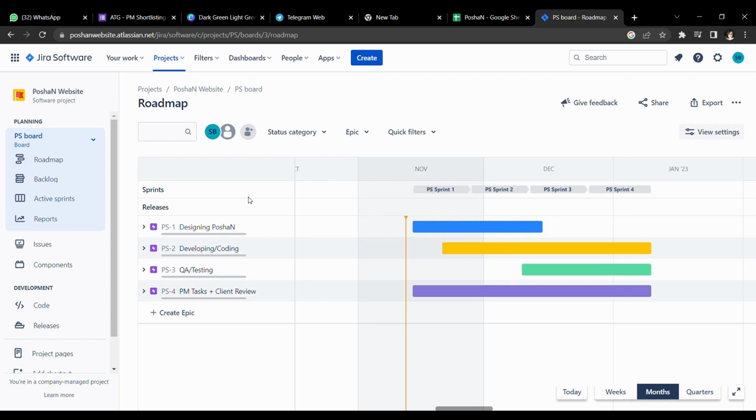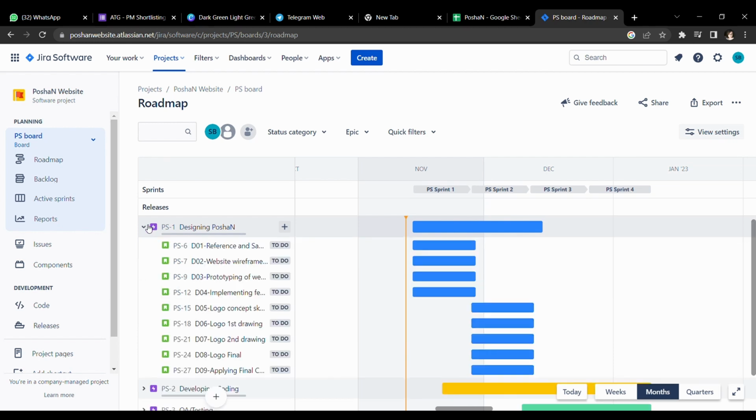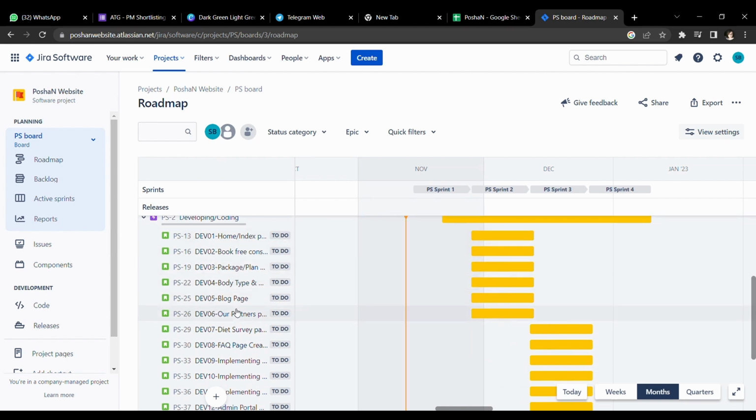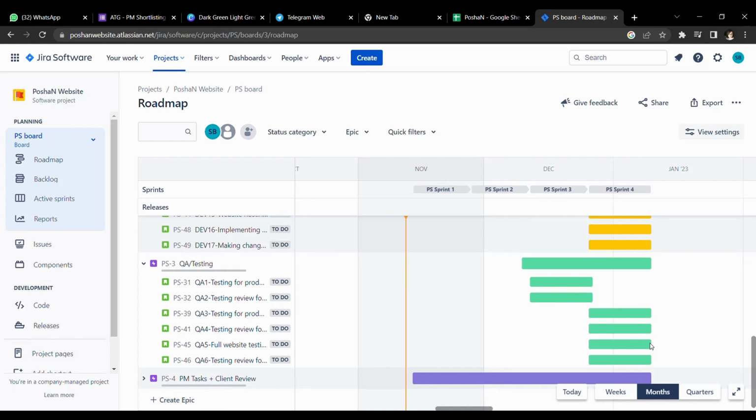So let's go to our Jira website. We are taking the start of the project from 14th of November and it has 4 sprints. Each sprint consists of the designing part, the developing part, the testing part, and the client review plus PM task part. We can see after every sprint we have tasks listed here, like this is the task for the designer, these are the tasks for the developers and these are the tasks for testers